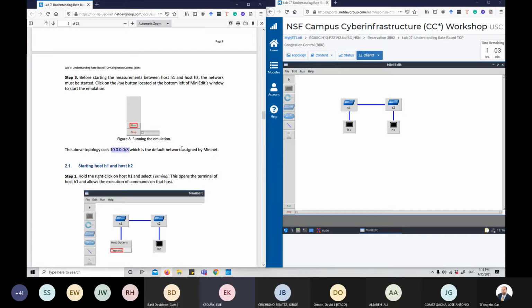The IP addressing convention that we're using here is that we start with the network address, and depending on the number of the host, for example H1, it will have the IP address 10.0.0.1. H2 will have 10.0.0.2. If we have more, it's going to be the same. Now,